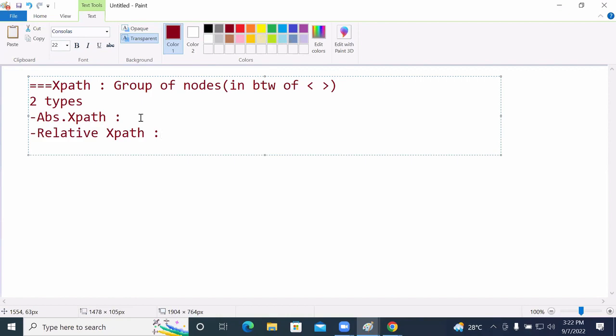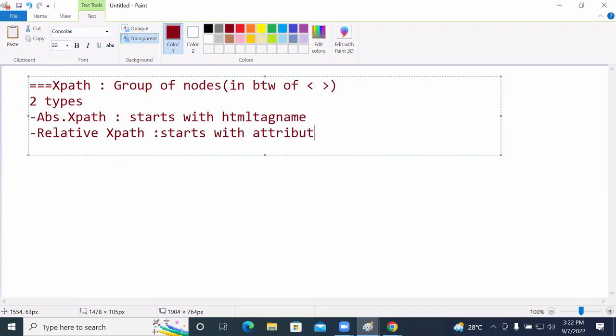Absolute XPath starts with the HTML tag name. And relative XPath starts with